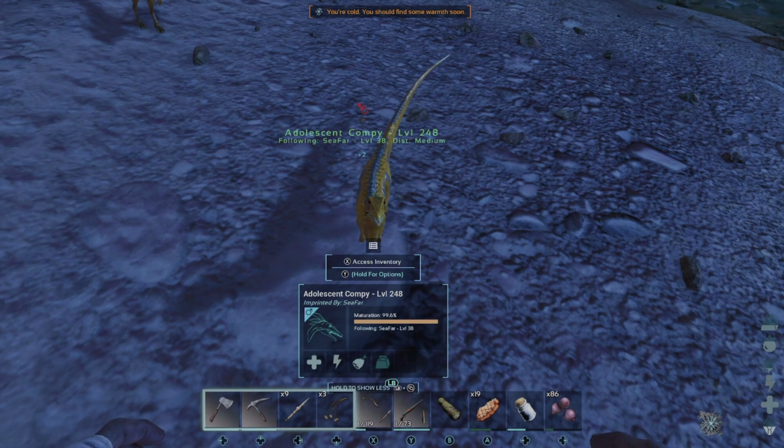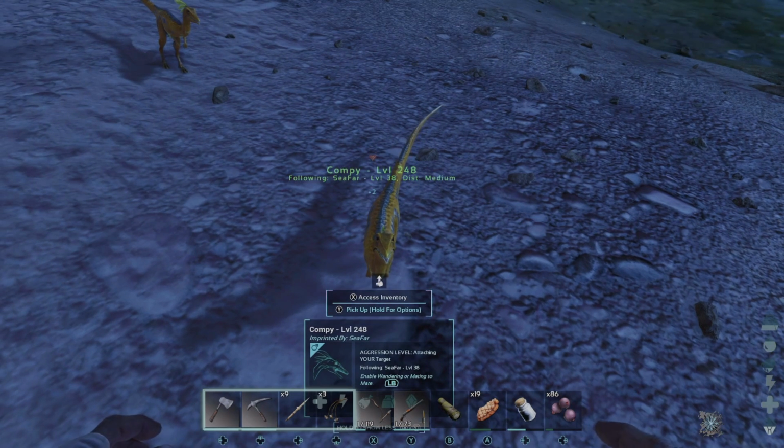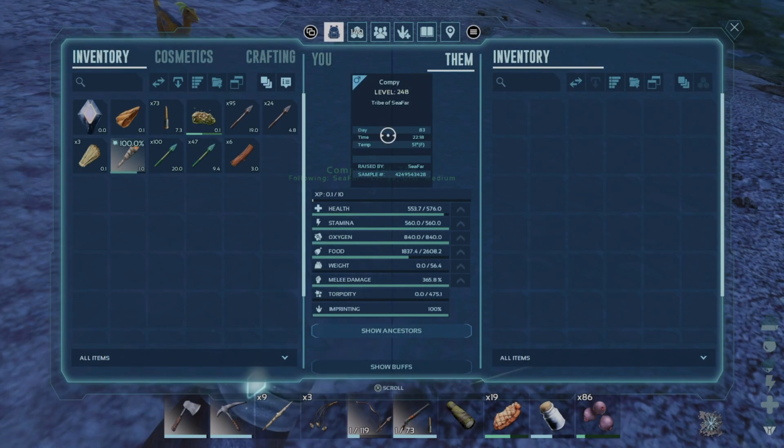But there we go. 99.6, 99.7, 99.8, 99.9. There we go. And 100. It is ours. Perfect. Let's take a look at the stats. Again, guys, this is 100% imprint. So now we are looking at, if this thing won't stop moving,